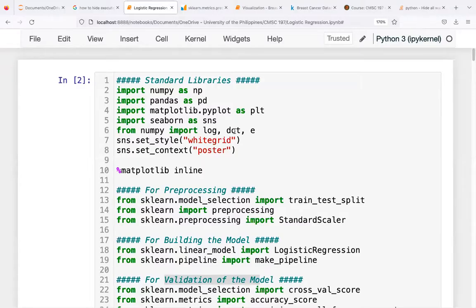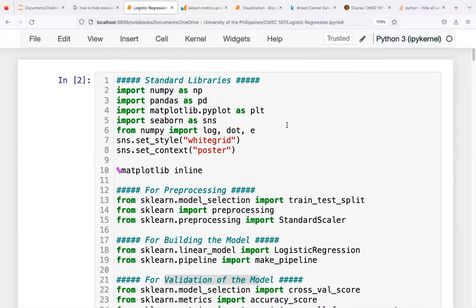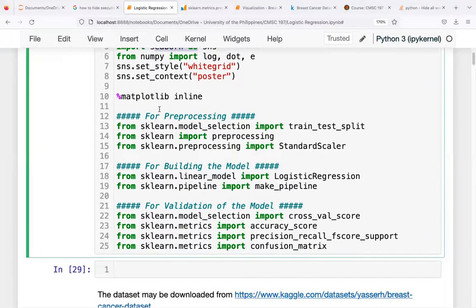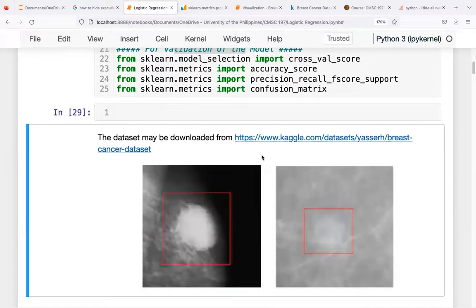Good day, everyone. In this video, we are going to have a code walkthrough about the implementation of logistic regression in Python. So we are going to use standard libraries like NumPy, Pandas, Matplotlib, Seaborn, etc. And we'll also be using sklearn for preprocessing, building the model, and for validating the model. So in order to validate whether our algorithm from scratch is working correctly, then we will check our results on